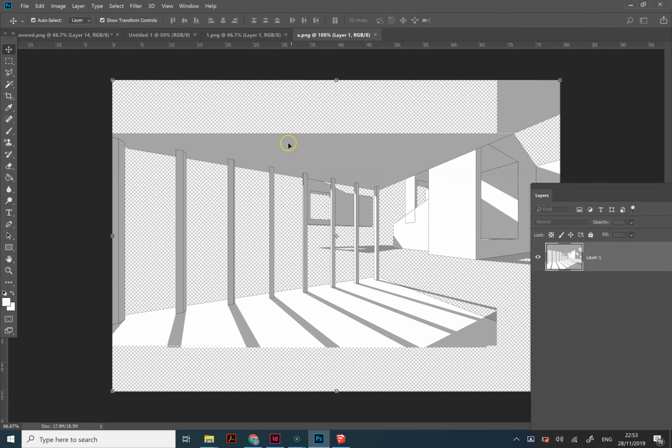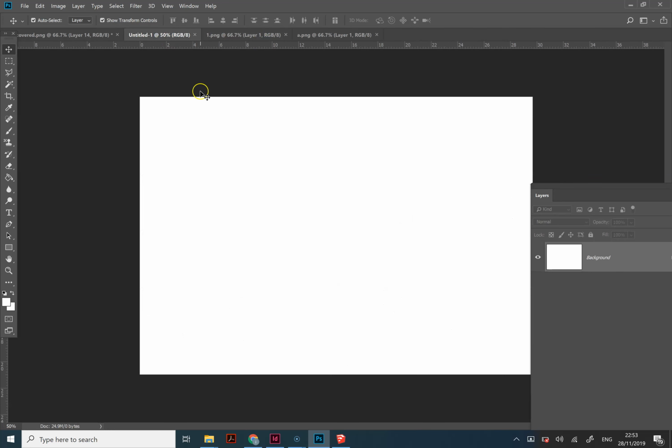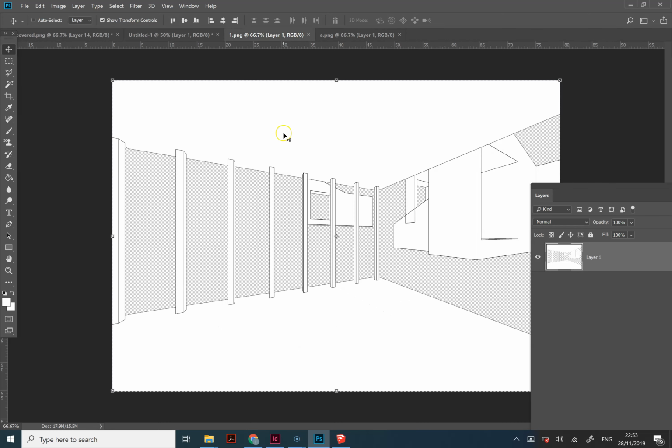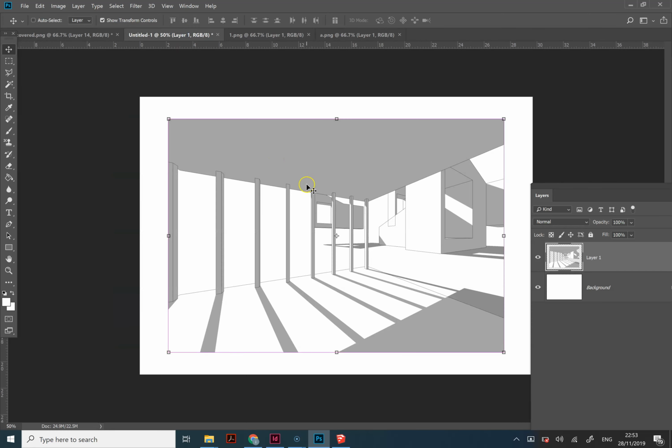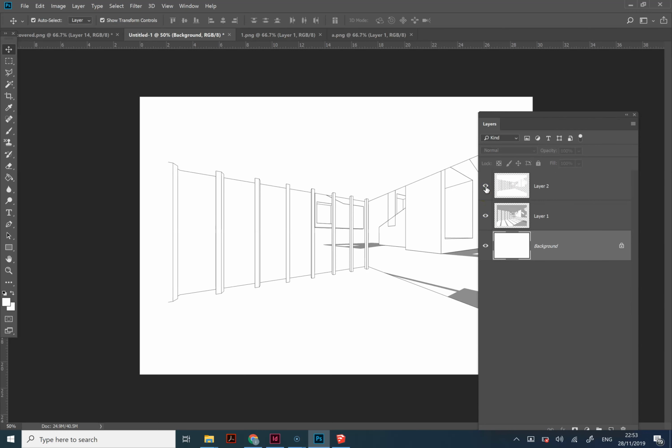So remember, the quick way to copy from one file to another is Control A to select all, Control C, back to my sheet, Control V, and the same for this one, Control A, Control C, Control V. So we've got 3 layers, the background is fixed, then I've got sun, shadows, and geometry. I'm going to start just with the geometry for now, so I'll turn off the shadows,